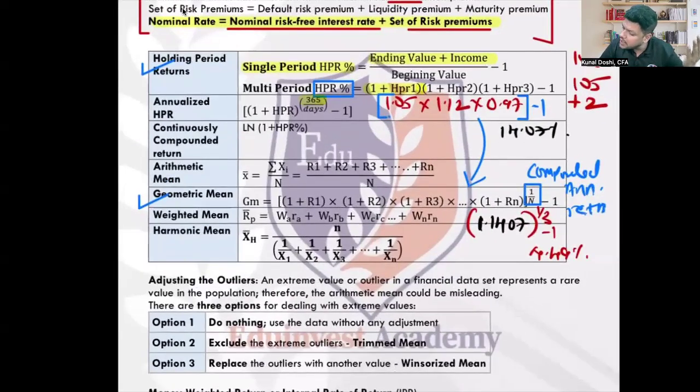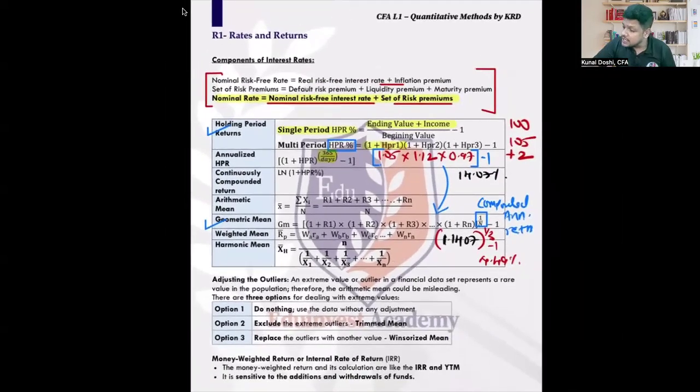Don't worry about the questions. We are going to do a lot of questions where I'm going to make you try all of these calculations, and I'm going to show all these calculations as well. But try to understand why I am using it. I'm using it because there might be some daily returns which I need to annualize so that I can compare them with some benchmark. Clear, everyone? Many of these formulas that I'm touching upon, you would be wondering, where's the use of it? How to use it? Don't worry, we will be going through a lot of questions where I'll make you practice that. Got it?